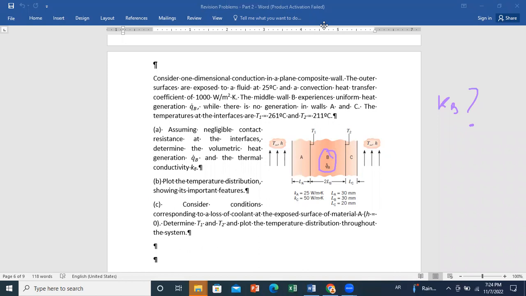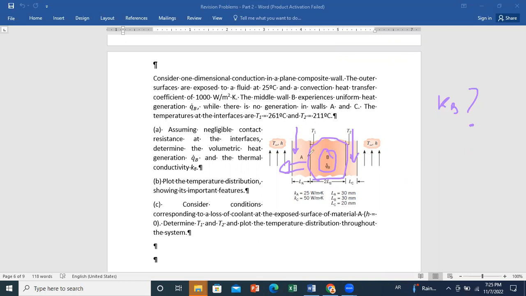Based on delta T over L. Okay, look, you cannot do this in material B because you have heat generation. It's true if it was in material A or material C, because in material A or C, you just have conduction flux. It's a constant conduction flux, and then you can say that I can calculate K based